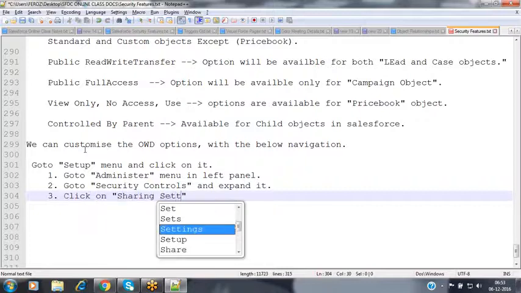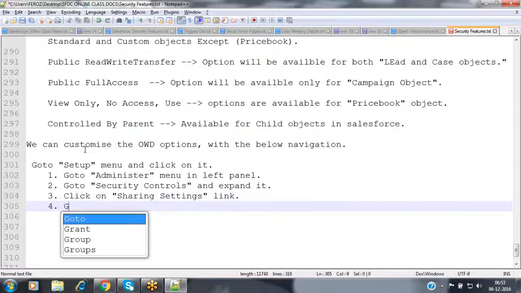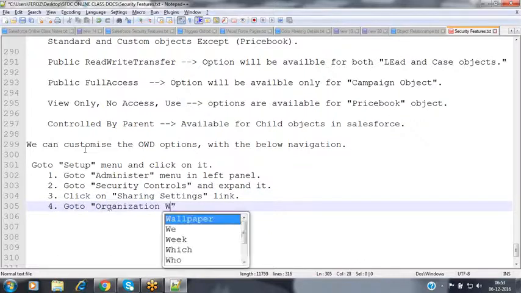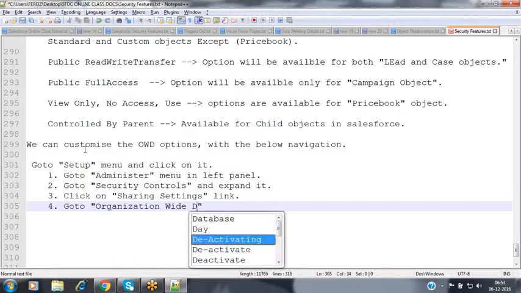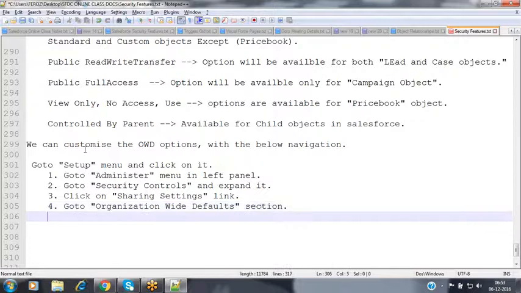Click on the sharing settings link, and go to the organization wide defaults section.